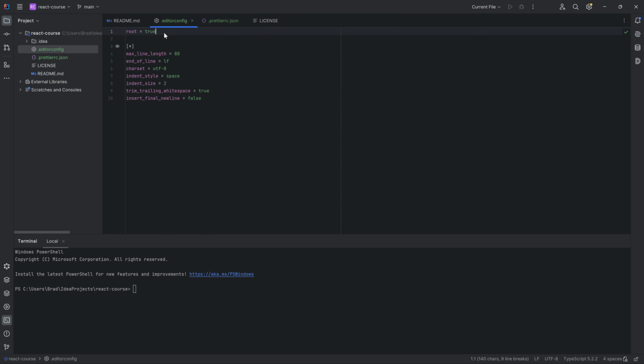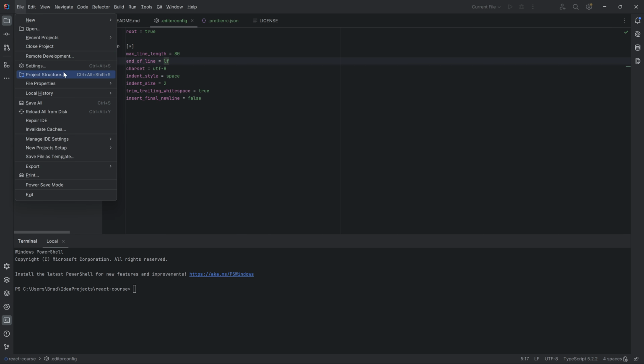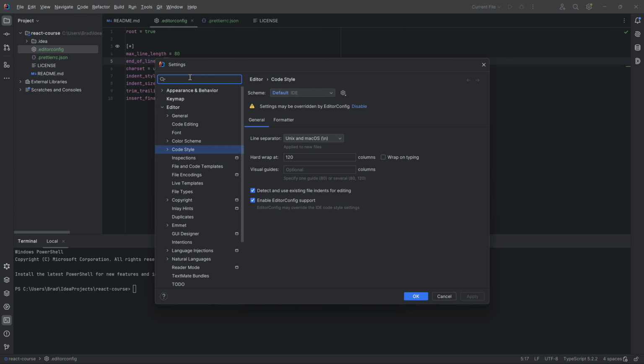So root means true. This is our root editor config. And so we're going to have a max line length of 80, end line of line feed. So typically whenever I'm doing any kind of coding for development work, or web development of any kind, whether it's front end or back end, I'm always using line feed. If you're not familiar with how that works, there are basically a few different line endings. So I think if we go into settings here and we go to line separator here,